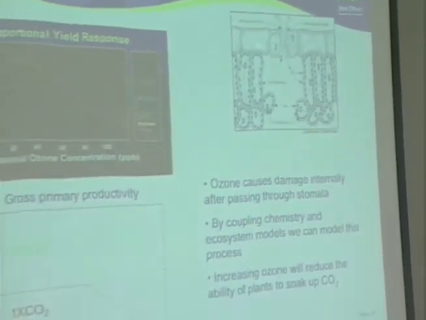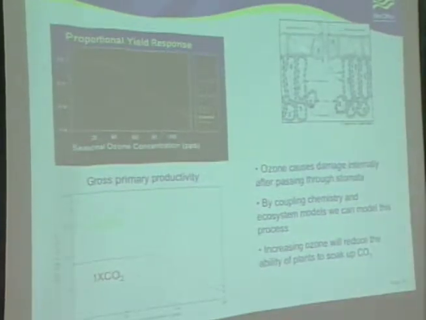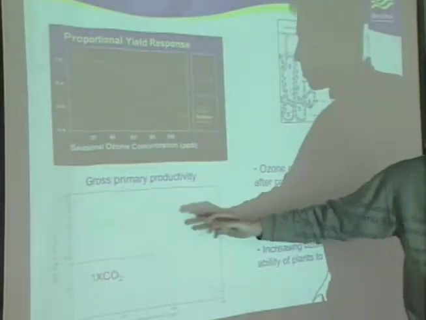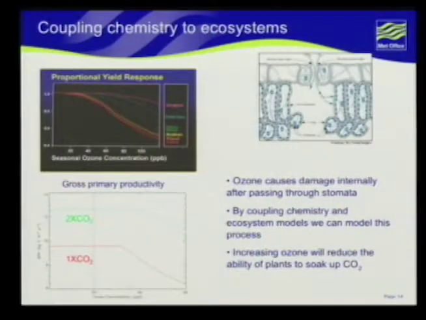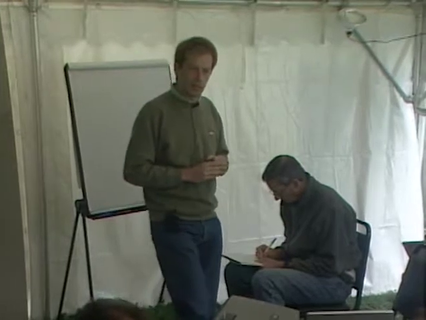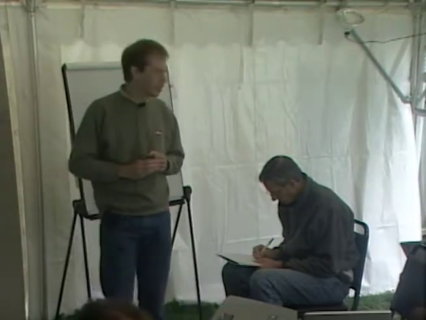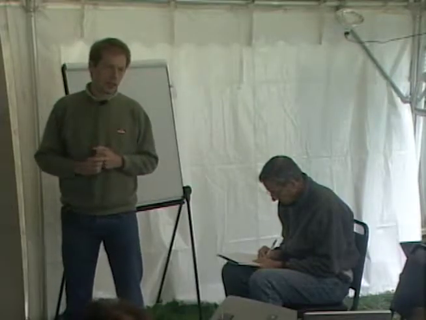Is this a modeled result, or is this an observational result? That you double CO2 and increase ozone, you don't have as much? I think that's more like a model, but in the FACE experiments they've done, the experiment where they increase the CO2, or they increase the ozone, or they increase both, I'm not sure if they observe that mitigation effect or not. Yeah, I don't know, but that's definitely a model result. Okay. Based on how we understand how the stomata respond to double CO2 versus not.